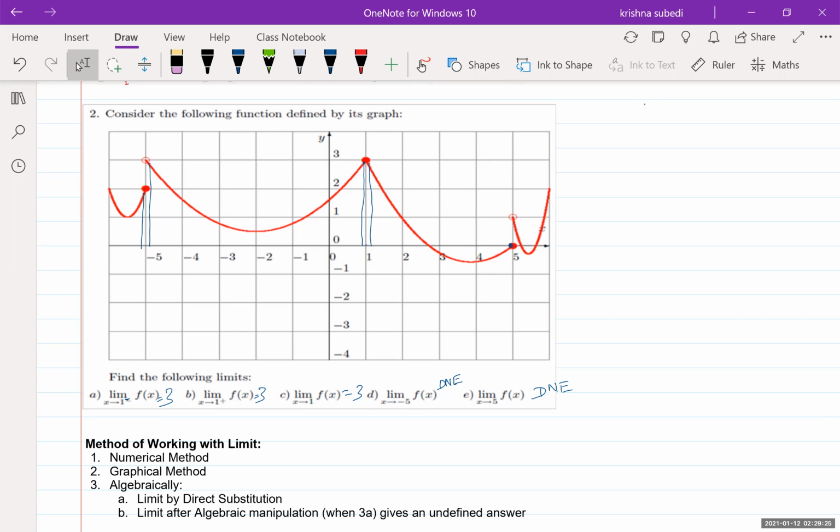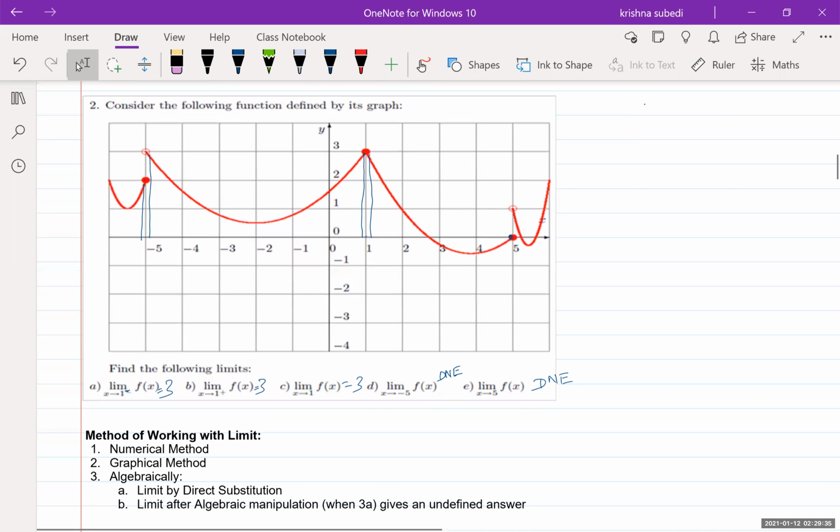If you are given the graph, but life is not always that easy, right? Sometimes instead of a graph, they give us a function or equation. Then how do we do that? Well, one way is to draw the graph of the function and then use the method that we just learned. But sometimes, if the function is simple, let's say 2x plus 3